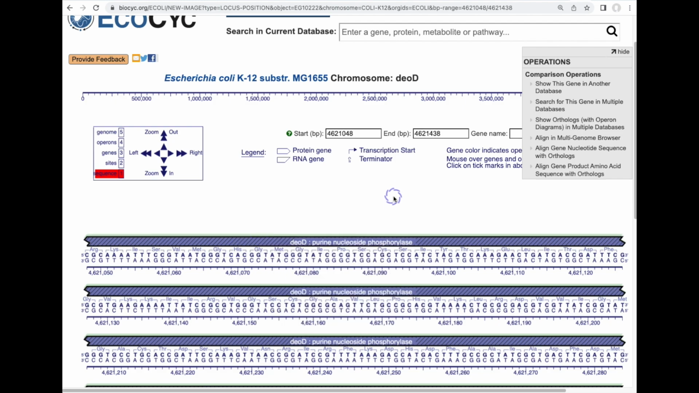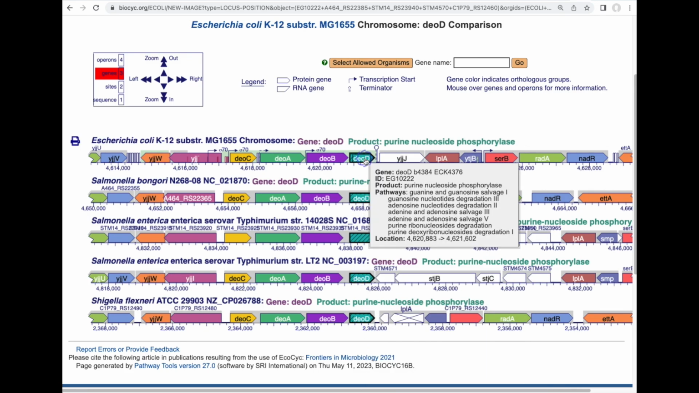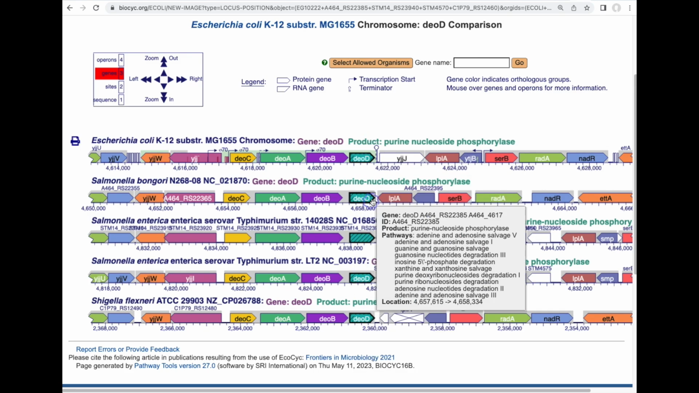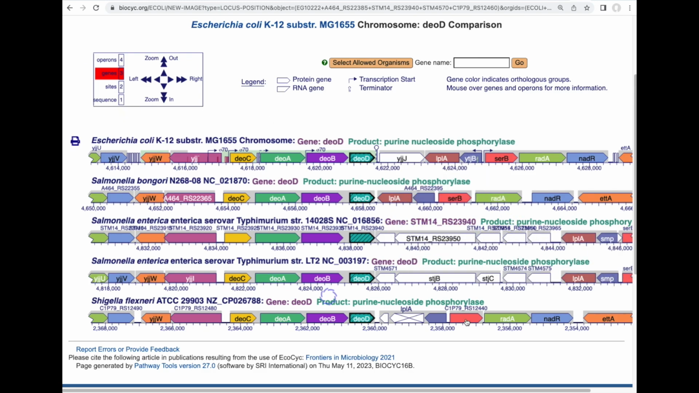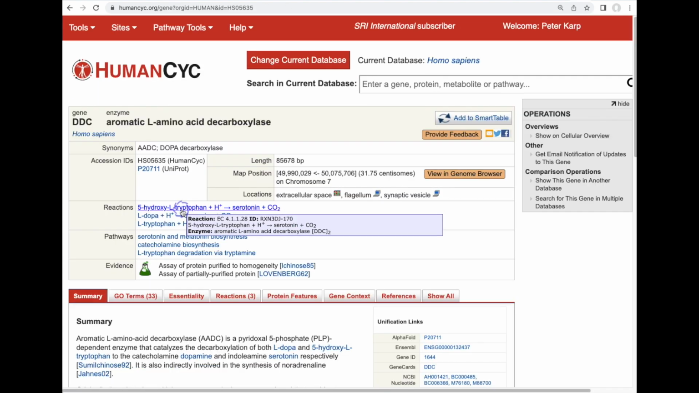We can also use the genome browser in a comparative mode. Here, the comparative genome browser aligns 5 different genomes at the DEOD gene from E. coli K12 and its orthologs in the other genomes, and shows the surrounding genome regions with orthologs drawn in the same color. We can also go from a gene page in our human database, such as DDC, to a page